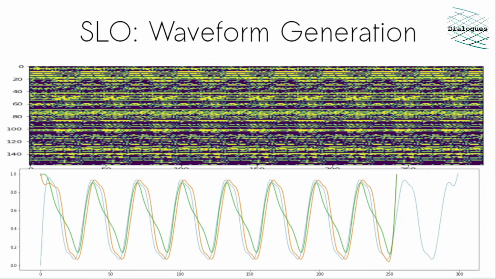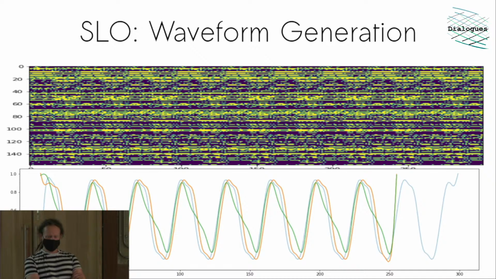So you can take an approach which uses reservoirs and use them for waveform generation. So this thing at the top looks like a spectrogram, but it's actually the activations of all the binary nodes in a network, which is running in a kind of recurrent way using feedback. And you can train this reservoir, this system, it's a random Boolean network, to behave in a certain way and extract signals out of it. So there's some really promising stuff here, but there's a lot of work to do with it.